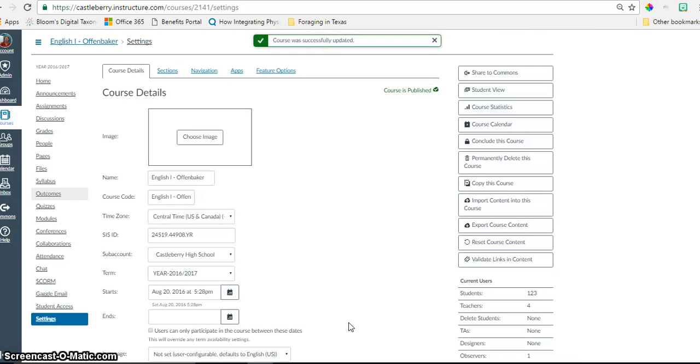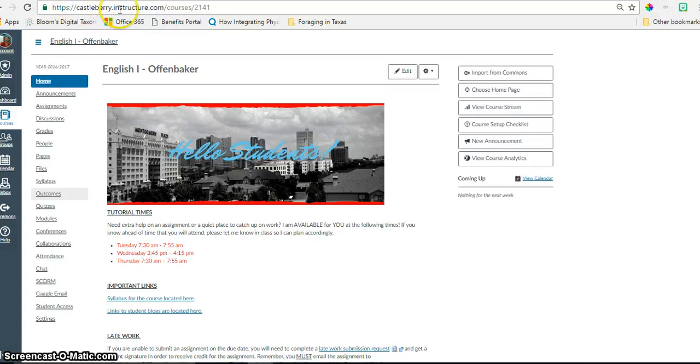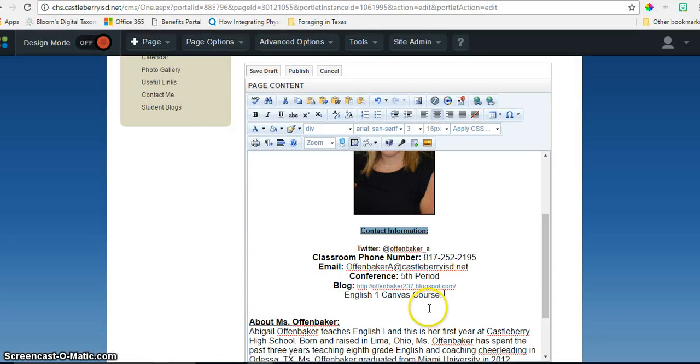So now this is where the interesting part comes in. When you click back on Home, here is this link right here. She'll copy this. I right click and hit copy, or you can do Control-C. So now I can come back to my home page and I'll type in, you don't even have to do that, you could just put English 1 Canvas course. You can highlight that,